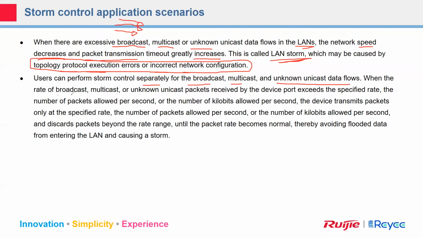When the rate of broadcast, multicast, or unknown unicast packets received by the device port exceeds the specified rate, the number of packets allowed per second or the number of kilobits allowed per second, the device transmits packets only at a specified rate. So you are simply controlling